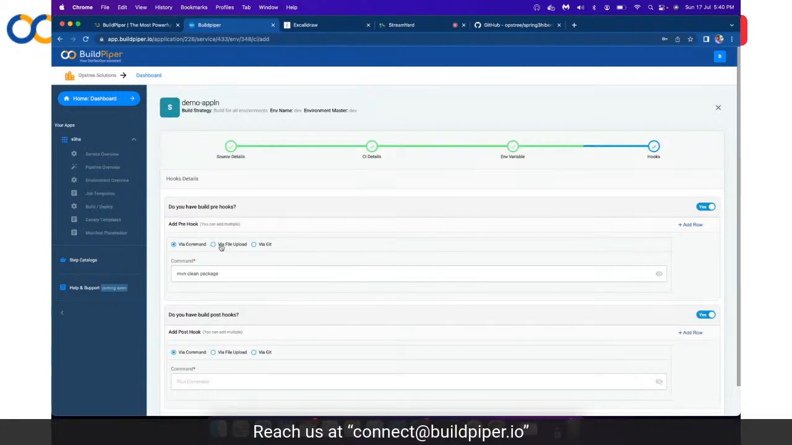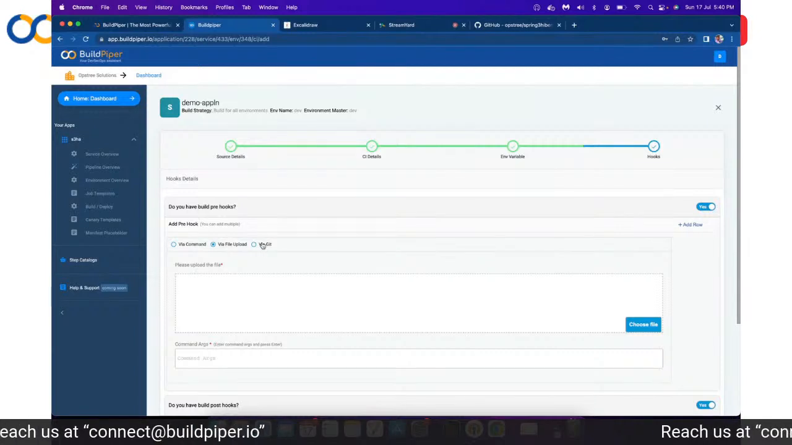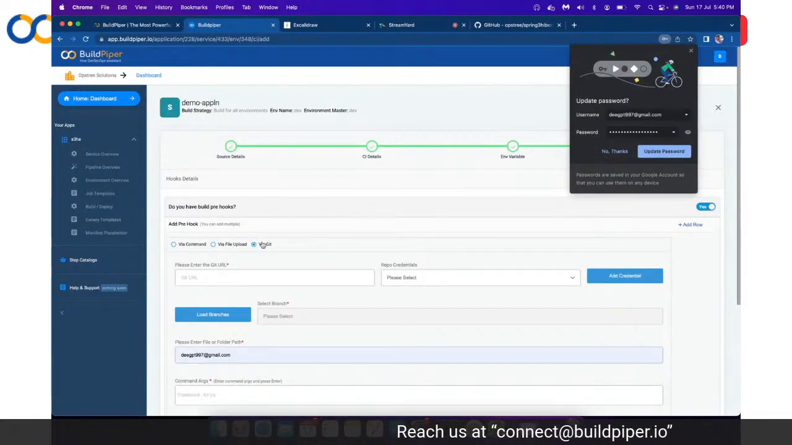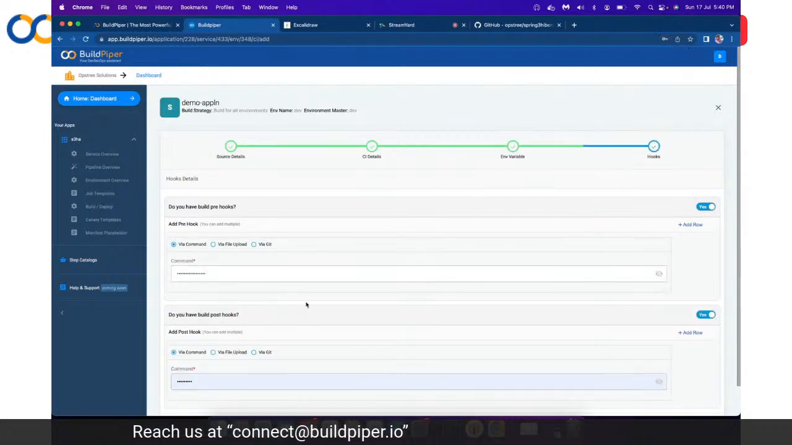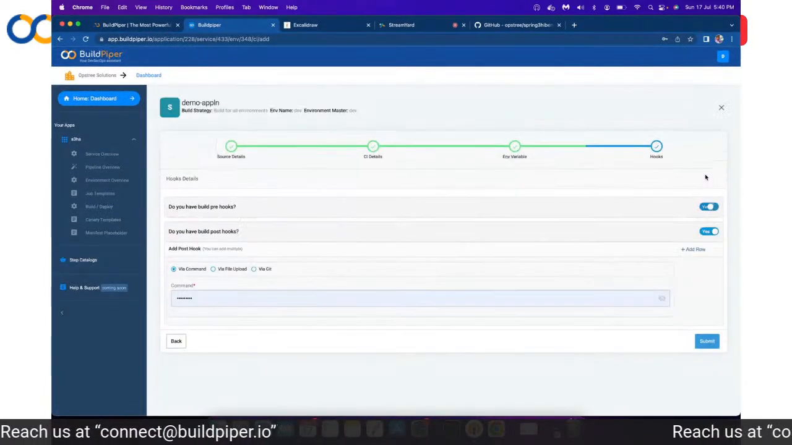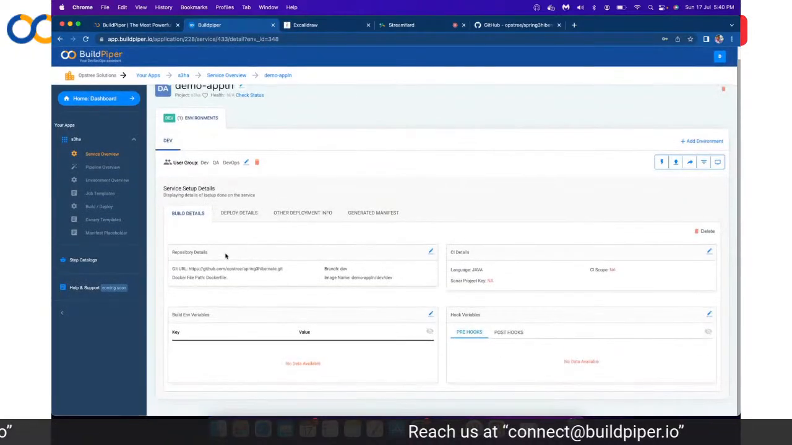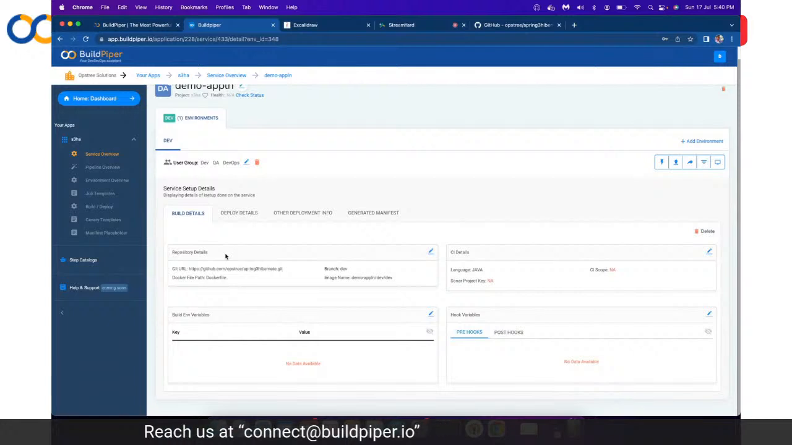Then if you have a file to upload, your script file or your batch process job script file which you want to upload, you can do that as well. And if your details are present in your version control system, then you can provide that as well, right? So these are the options which you can opt for. And once you submit that, it's pretty easy to build or to configure your build details of your microservice,